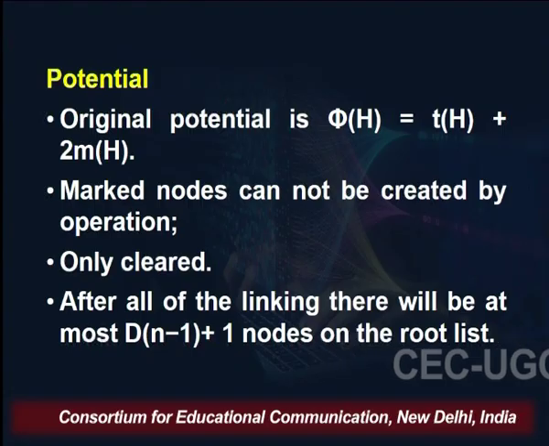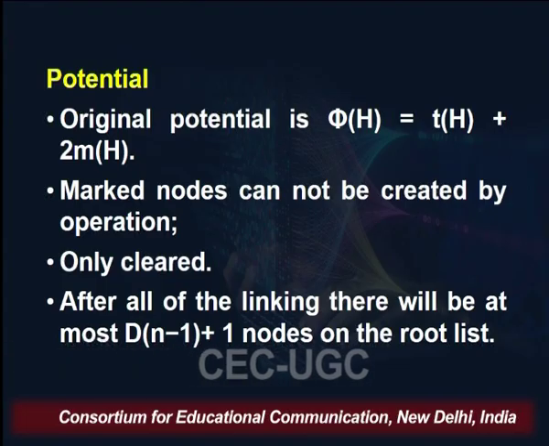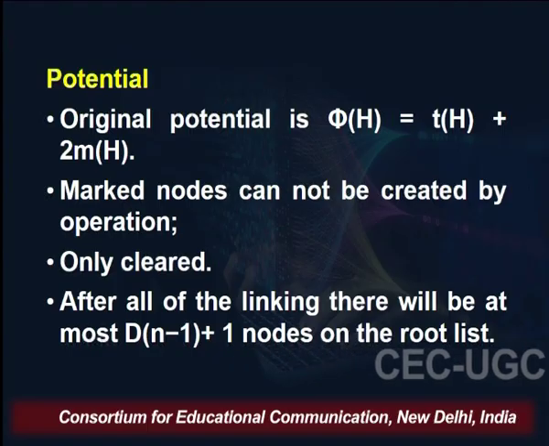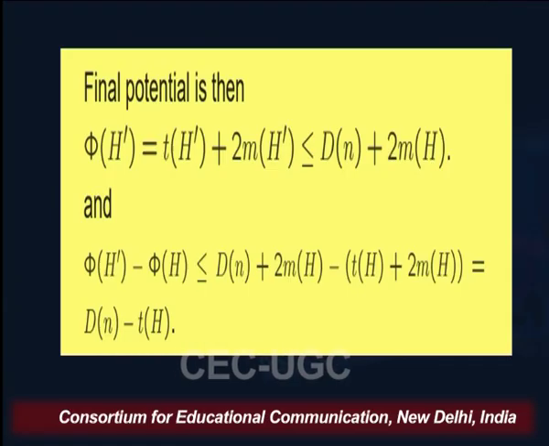So, after the whole linking, and after the removal of the min, which is the extract min operation, there will be at most D of n minus 1 plus 1 nodes on the root list, and the final potential is phi of H dash. H dash is the new tree, and phi of H dash equals T of H dash plus 2 M of H dash. And now this is going to be less than or equal to